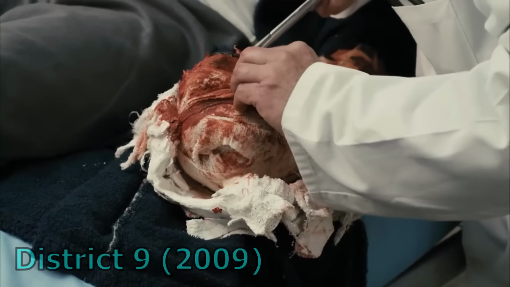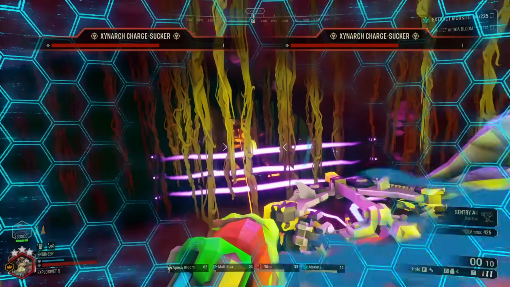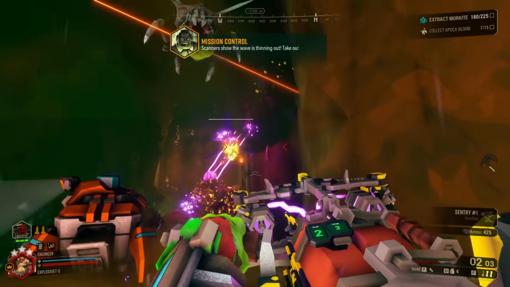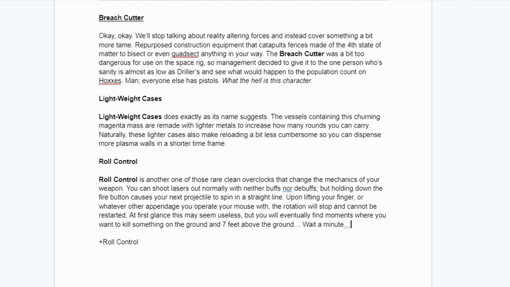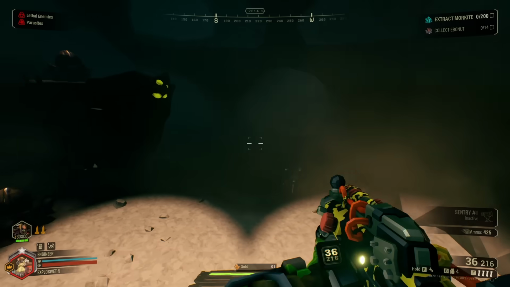Upon lifting your finger, or whatever other appendage you operate your mouse with, the rotation will stop and cannot be restarted. At first glance this may seem useless, but you will eventually find moments where you want to kill something on the ground and 7 feet above the ground. Wait a minute. Alright, I just thought of this while I was writing. You can see where I had my epiphany. I wonder...